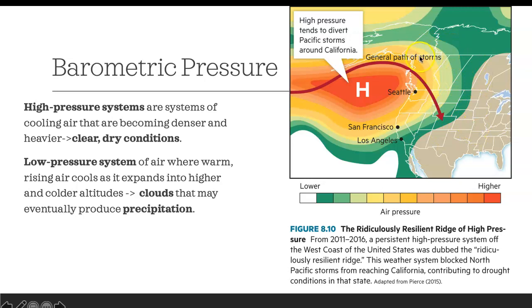And I want to mention the California weather again. I want to call your attention to this interesting term called the ridiculously resilient ridge of high pressure. This high pressure system was sitting here blocking the rain from the North Pacific to California. And that's the other reason we say climate change causes the dryness of the region. Okay, it's not natural. And we call it ridiculous because it's sitting there for a long time, for several years. That's called the continuous drying up of the region.